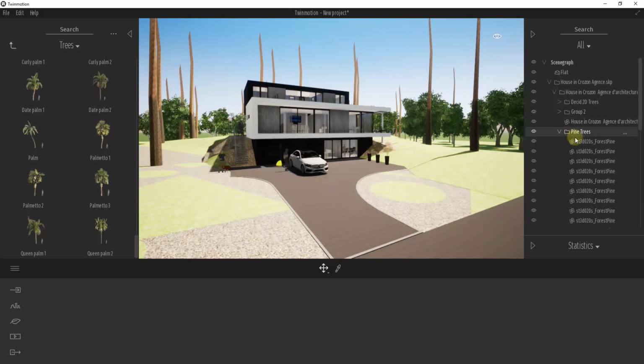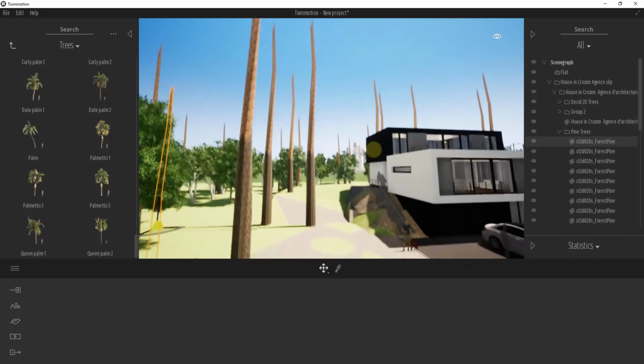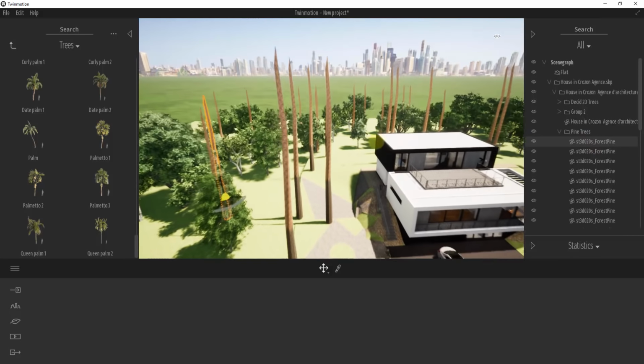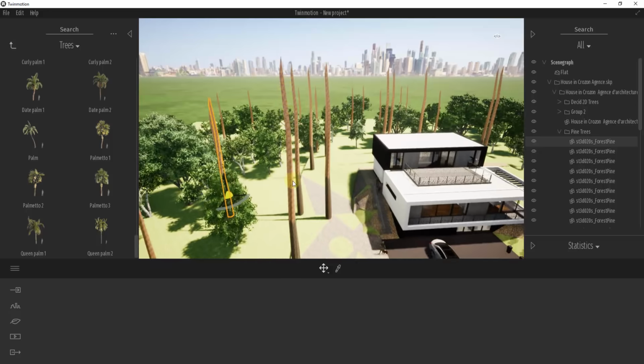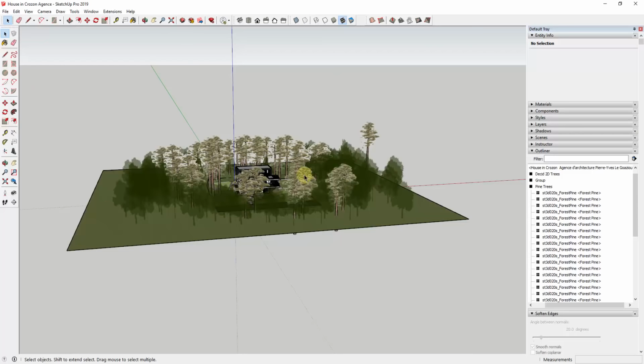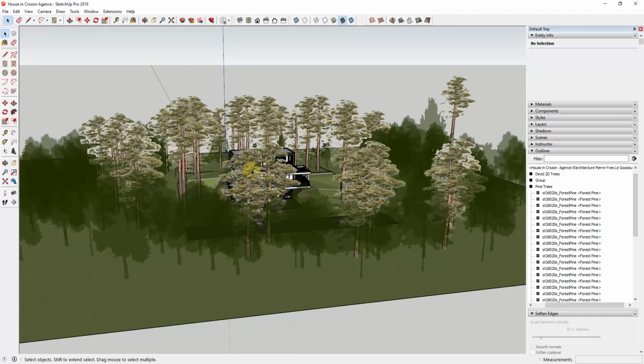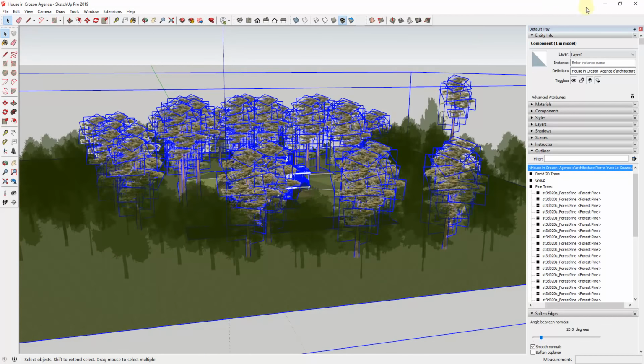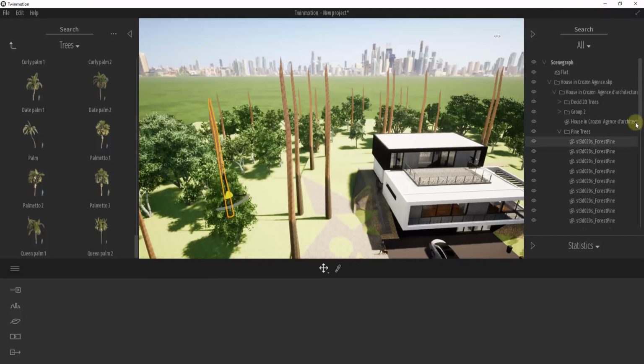And honestly, I'm a little bit confused with these 3D pine trees, because originally I was having some issues with these because they had multiple parts inside of them. So they had a group for the trunk, and then they also had a group for those 2D images that are making up the trees inside of SketchUp. For whatever reason, those aren't showing up in here, so we'll go ahead and just replace these as well. We're just going to do the same thing where we select all of these,